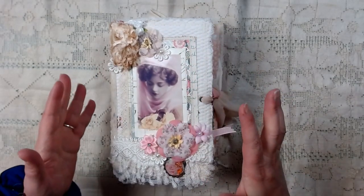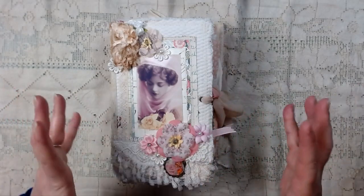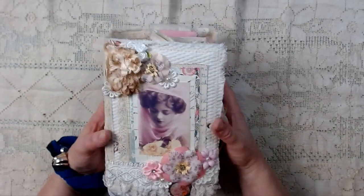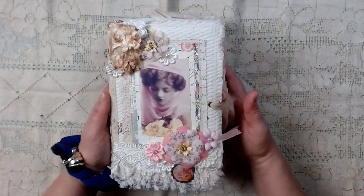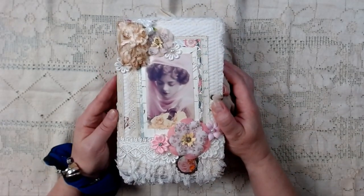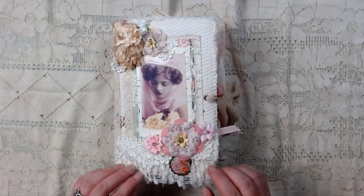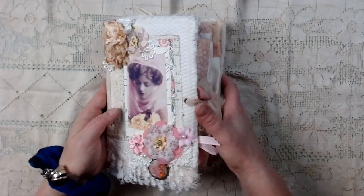Yeah, she is just gorgeous. I'm not a bling girl per se. Some bling, but I didn't overly bling her out. But she does have some fun things going on. I hope you will enjoy. Her name is Sophia, and Sophia's story I'll tell you as I'm going through the journal. So let's start with the